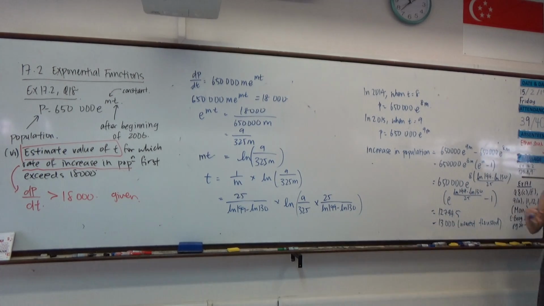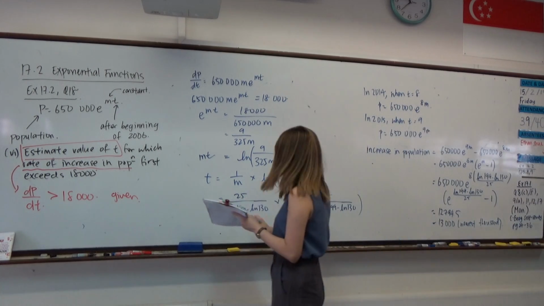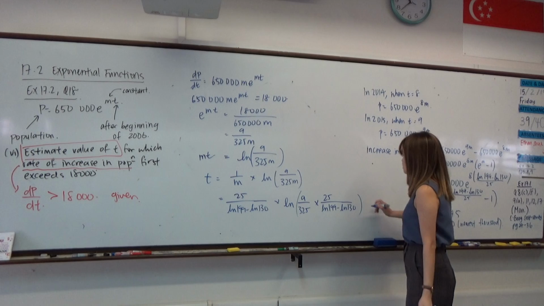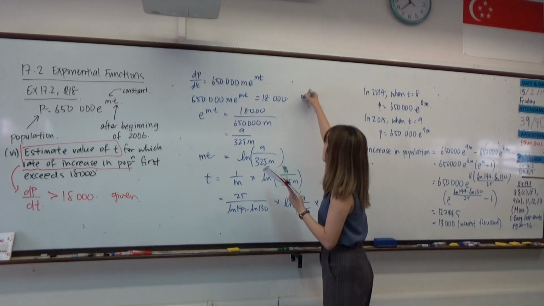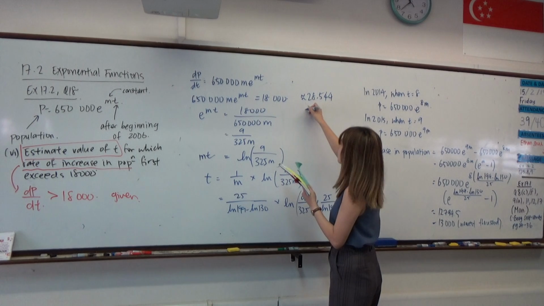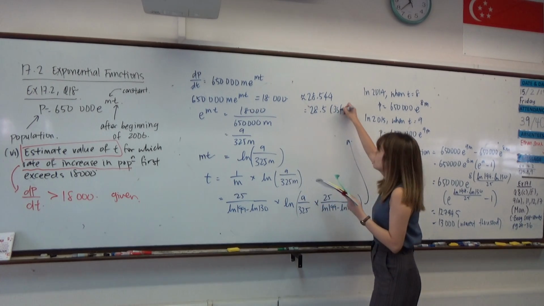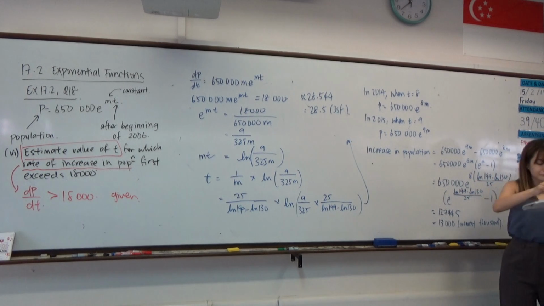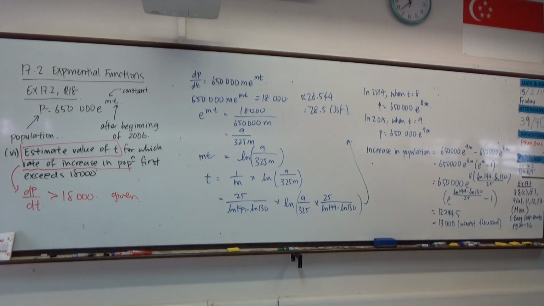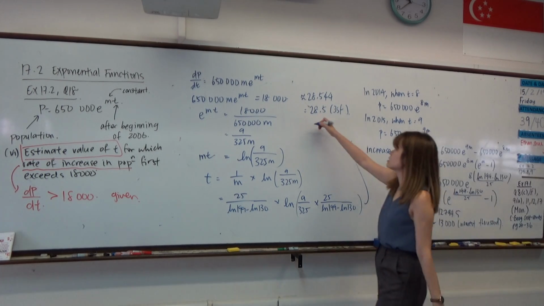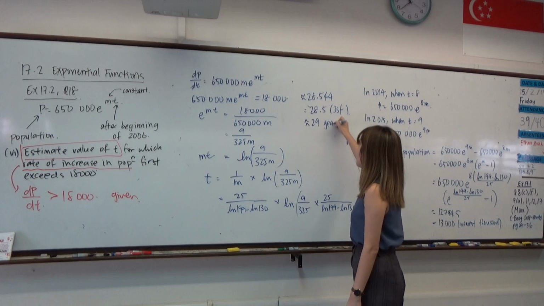Then substitute in your value of m, press the entire thing into the calculator. You will get about 28.544. Rounding it off, that will be 28.5. So the value of t for which the rate of increase first exceeds 18,000 will be about 29 years after the beginning. So in this case, we round